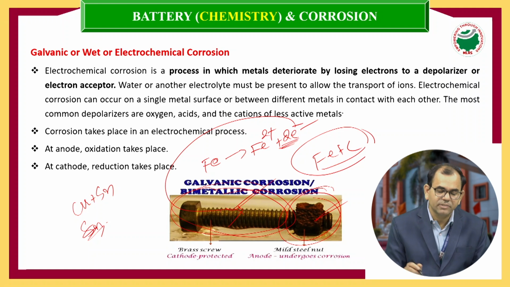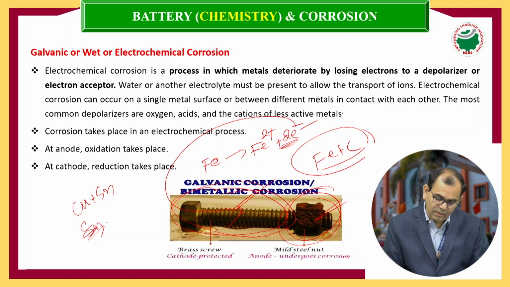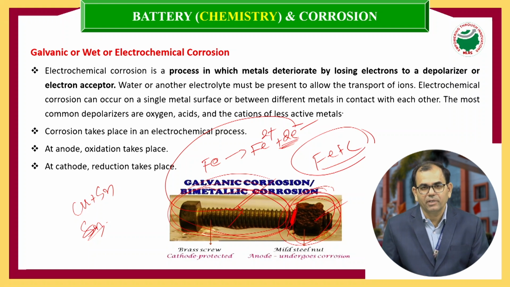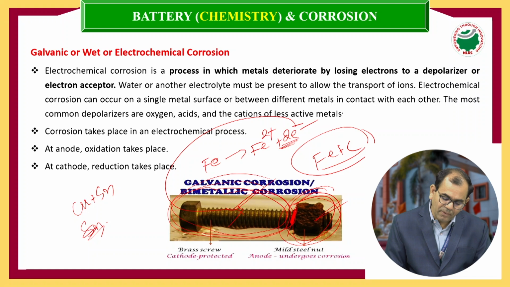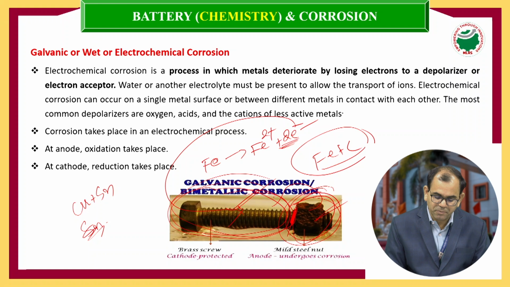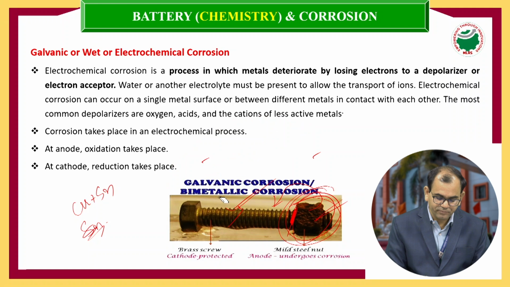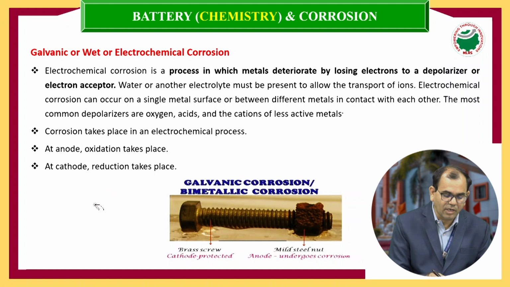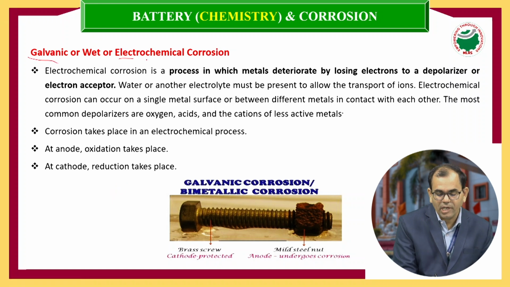and reduction takes place at the brass and nut wherever they are in close contact. So oxidation at the iron nut part, reduction at the brass, that is nothing but the cathodic part. Finally, with the help of atmospheric oxygen and moisture, this electron exchange takes place from the anode to cathode and leads to corrosion. So that is why we call it wet corrosion, or galvanic, or electrochemical